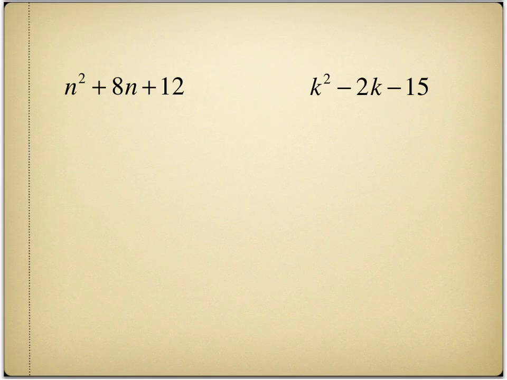Now remember, our first thing we look for when we factor trinomials is always a common factor. So if I look at this first trinomial here, yeah, there's an n in the first and second term, but not an n in the third one. 8 and 12 have some common factors, but then this term doesn't. So I don't have any common factors. So that's when I would usually then make my 2 sets of parentheses here like this and do that FOIL